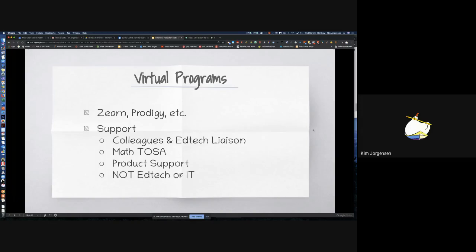But the biggest thing about the other virtual programs is that if they're not already doing it, if it's complicated, you aren't going to be able to be there to help them. And you're going to be on your own, basically. Okay. After that depressing piece of information,